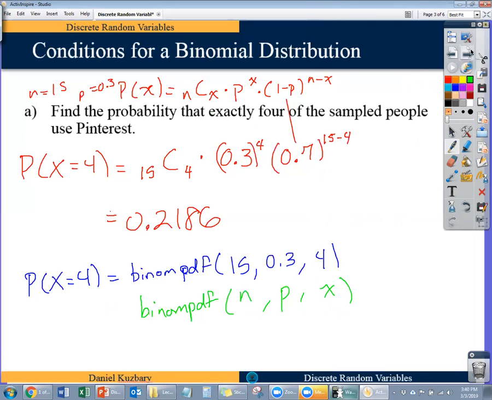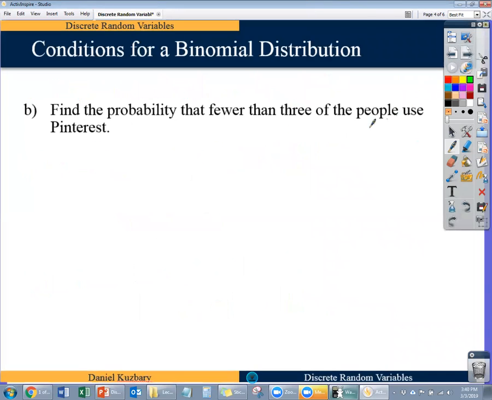Now, the other 3 probabilities we do are pretty complicated, and frankly, I want to use my calculator to find these. So you could do these using the formula, but I want to use my calculator to find these. So I'm going to find the probability that fewer than 3 people use Pinterest. So the probability that X is less than 3,